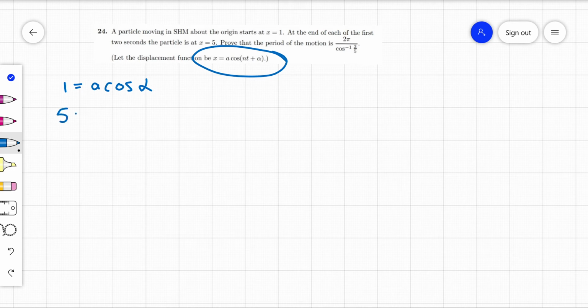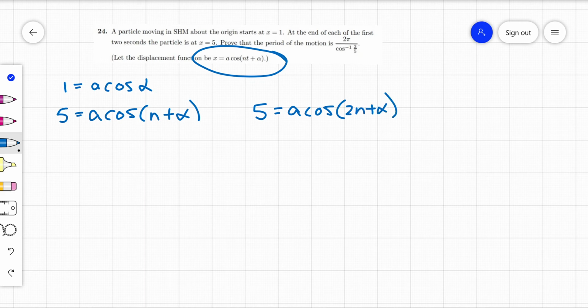So we also know that if I let x equals 5, so first let's make t1, so that would be n plus alpha, and then let's make t2, so that would be 2n plus alpha. All right, so we know all those three things, and we're going to put this one inside the other two to start with. So if I expand them out and put them in, so we're going to have 5 equals